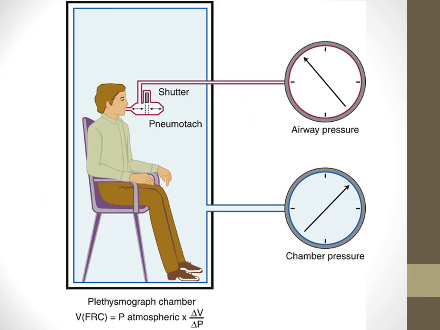Right, and so this is what we're looking at: pressure of the chamber, pressure of the airway, and so we can look at the patient's functional residual capacity, and then ultimately their total lung capacity, because we're just comparing the two pressures, the pressure inside the box itself and the pressure inside the airway, so we can see the difference between the two,